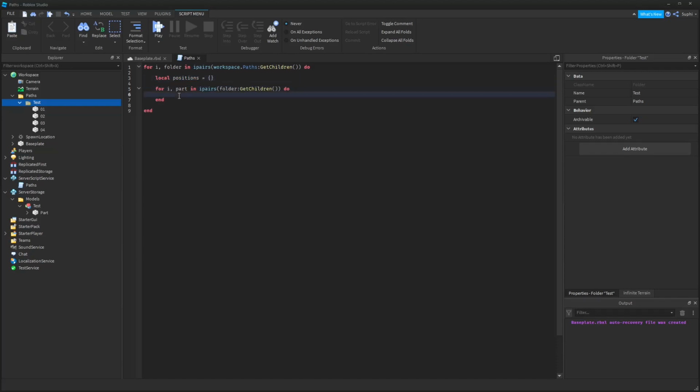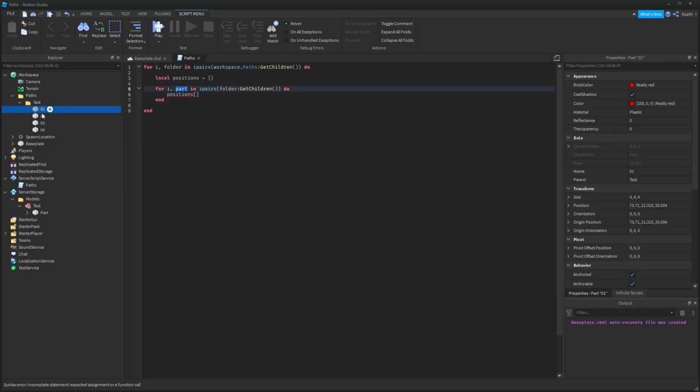So to do this I'm going to say positions, and I'm going to use the part's name as the key so that it's in order. So part.Name, but we want to convert this name to a number, so we're going to use the tonumber function, like so,